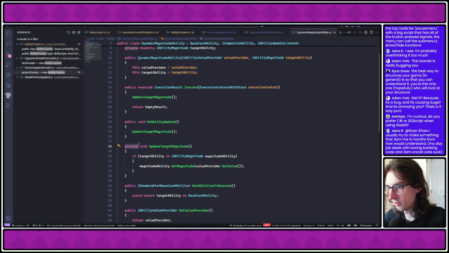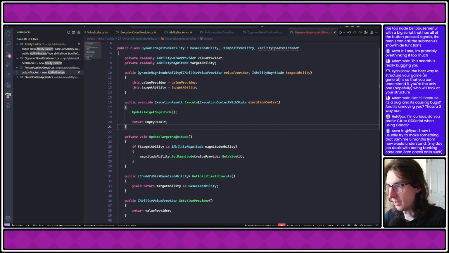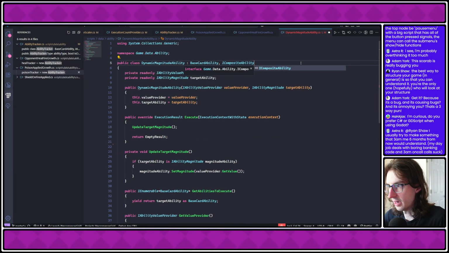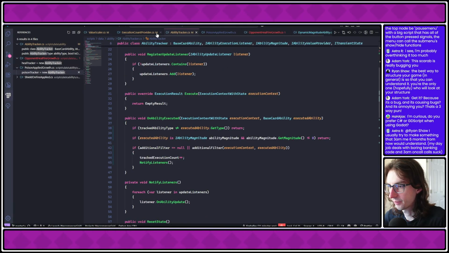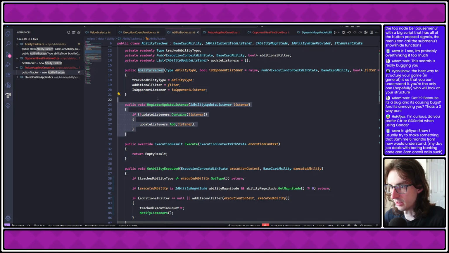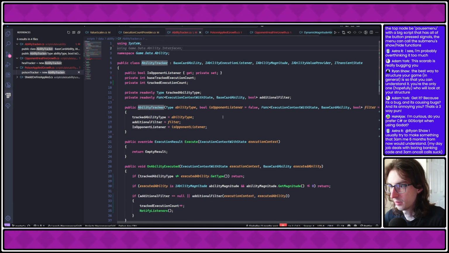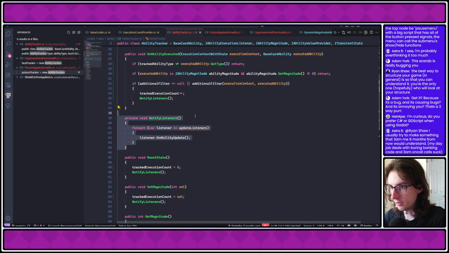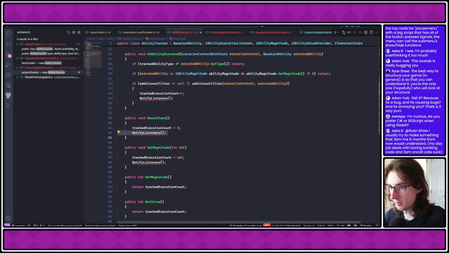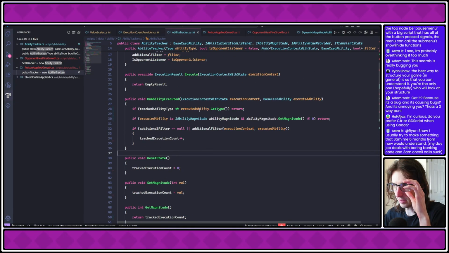is I can just make this, yeah. I'm going to get rid of that. I'm going to get rid of this ability update listener. This goes away. So this poison tracker, I'm going to get rid of these update listeners. That's too much. Get rid of that. Notify listeners, get rid of that. Reset state. If that's the only reason why that's happening,